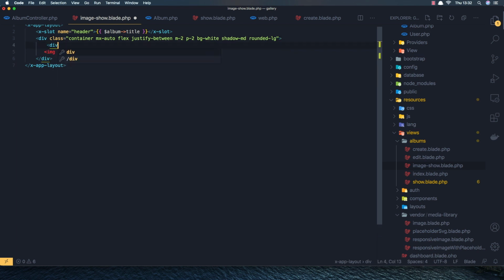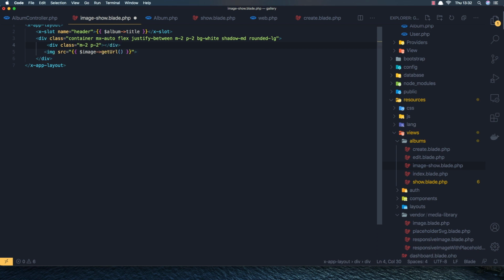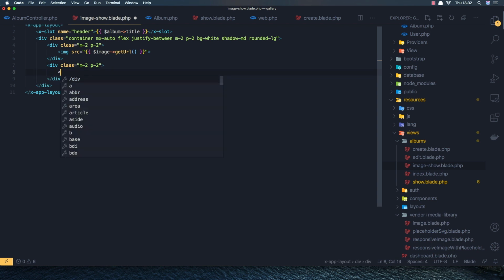And the div class with margin 2, padding 2, and then another one with class margin 2, padding 2, and here I'm going to add the URL